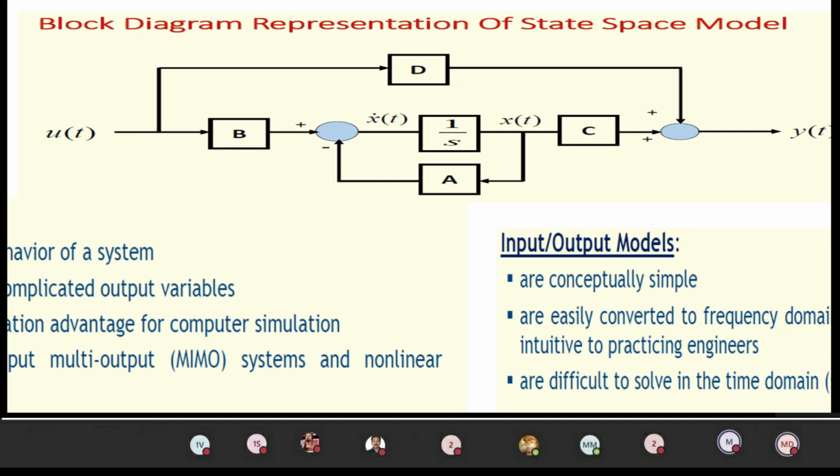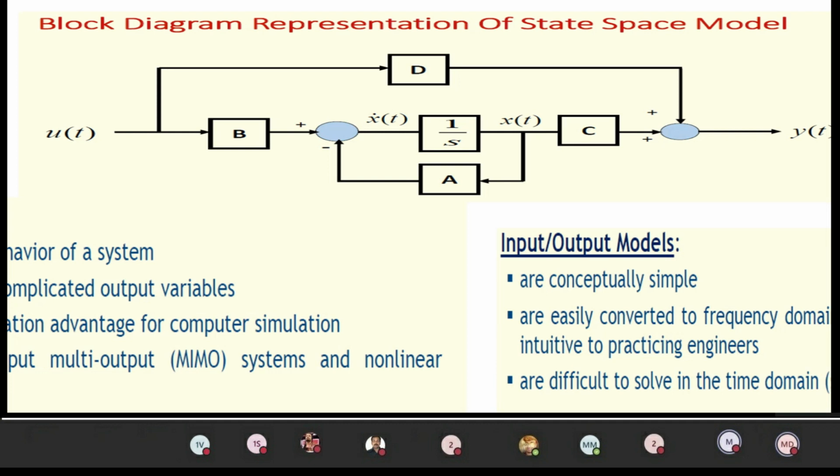Then if you want to draw the output equation, the output of the integration is nothing but your x of t. From x of t you draw a straight line, and it gives the input for the block gain c, and the output becomes c into x of t. That will be given to another summer, the output side summer. Then we can take a sample of the input variable, and give it to the block gain d, and the output of this will be given to another summer. The addition of these two signals is nothing but your y of t.